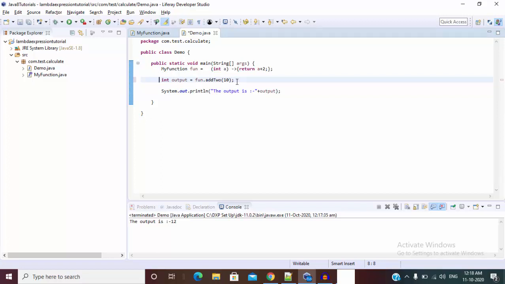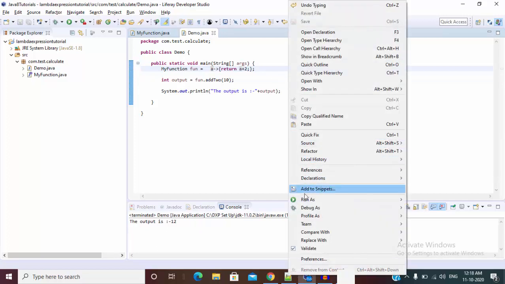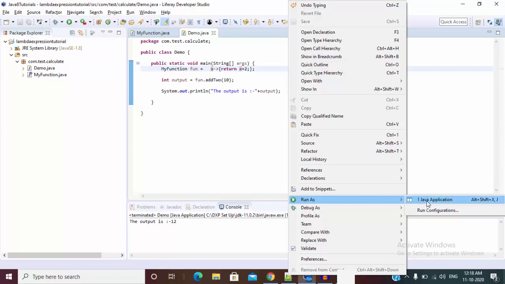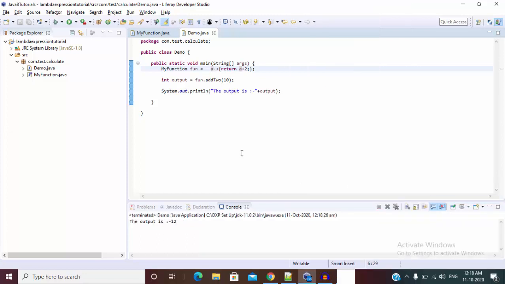So there is one more beautiful thing. If there is only one argument here, you can simply first remove this, and now we have only one argument. You can also remove this. So this is also perfectly fine. Let me try to run this, and now the output is perfectly fine.